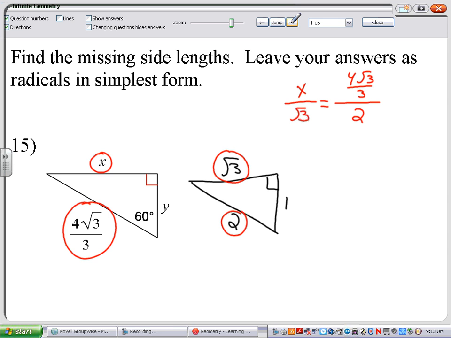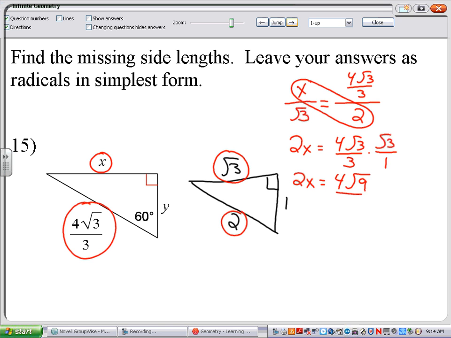And I cross multiply. So x times 2 is 2x. Now this one's a bit tricky. I'm going to write it like this. 4 square root of 3 over 3 times the square root of 3, and technically that's over 1. Now let's multiply that. 2x would equal 4 square root of 9 over 3. Square root of 9 is a regular 3. And I can just cancel out those